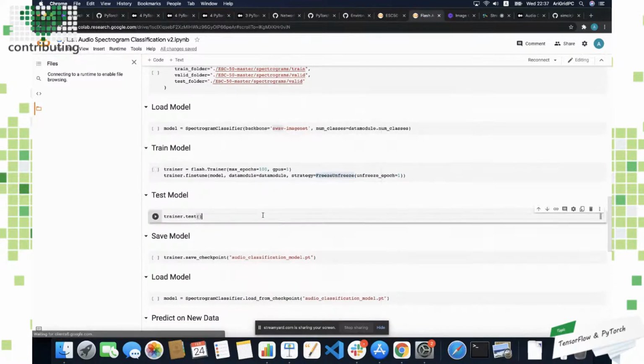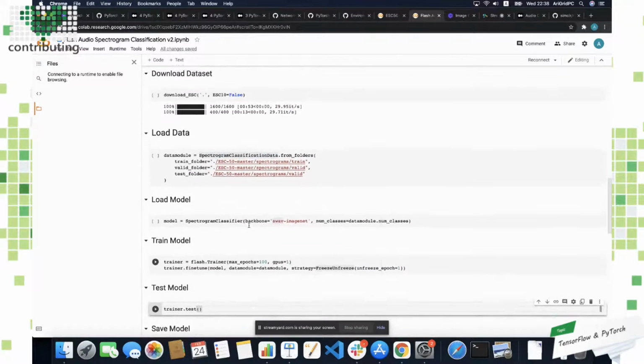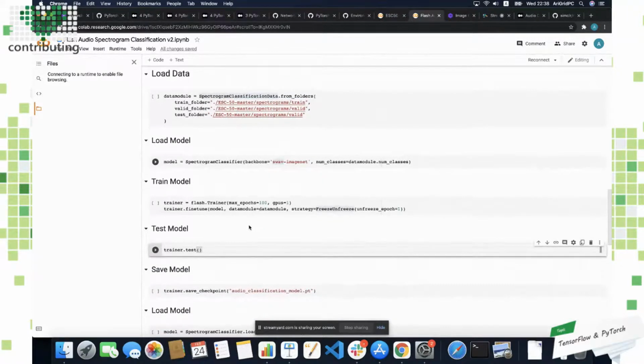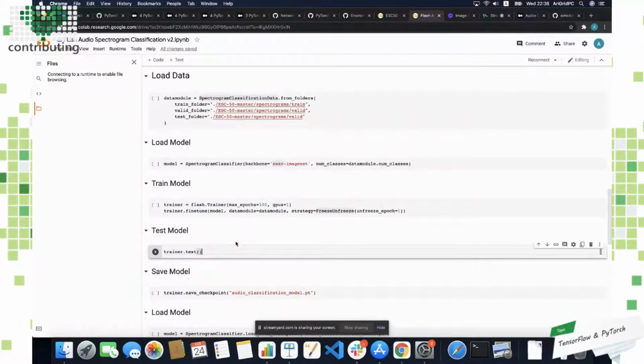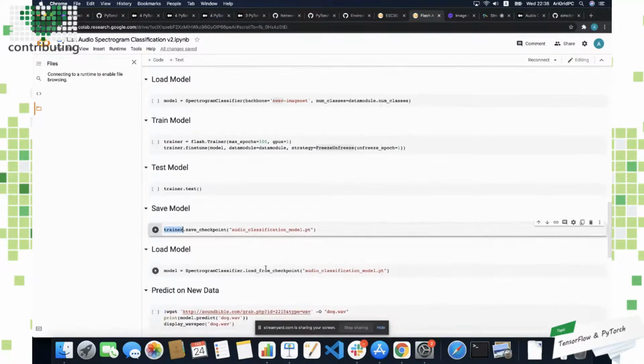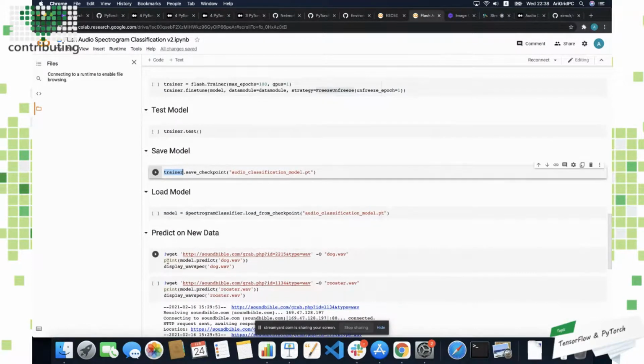And then here, when I want to test my model, I just run trainer.test, and I'll get any metrics I want. I can configure all the different metrics like recall, accuracy, precision, and there are new metrics through PyTorch Lightning that are being developed all the time. I can do trainer.save_checkpoint, and then I can load this model and predict on new data.